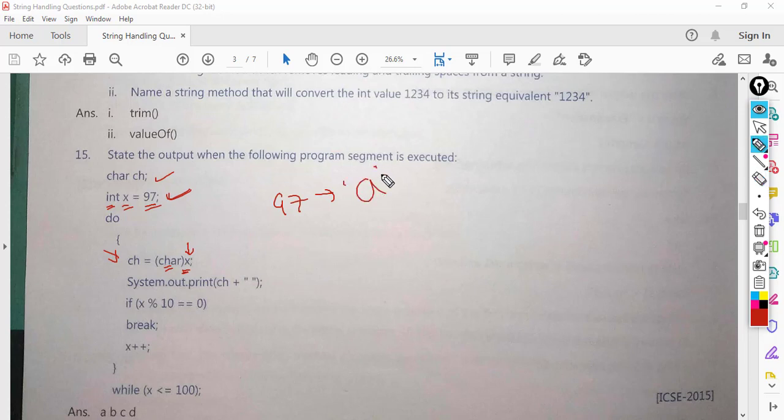Now in the next line we are printing ch plus a space. So we print a and then a space.